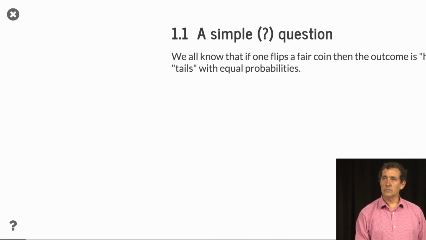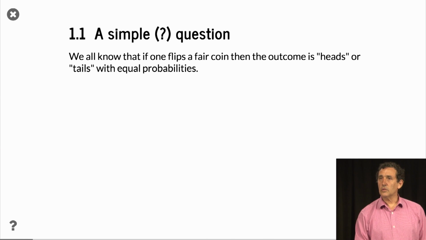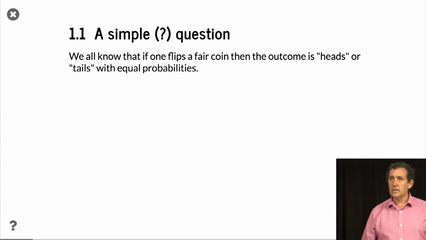Let's think about a simple question. We flip a coin, and we get tails. We flip it again, we get heads. What we believe somehow is that the probabilities are equal. But what do we really mean by that? Does it mean that we'll exactly get the same number of heads and tails? No. It just means that